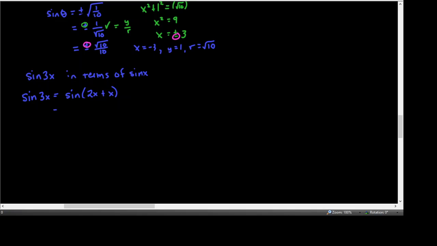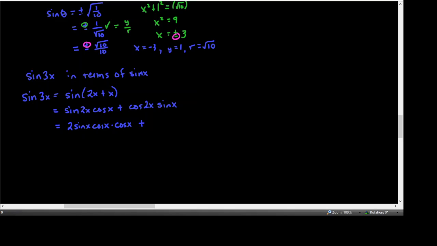Now using the identity for the sine of a sum, that's sine of the first, cosine of the second, keep the sign, cosine of the first, sine of the second. So I want sine of x only. Of course, it's going to take several steps to get there. Sine of 2x, I'm going to use that double angle identity, is 2 sine x cosine x times the cosine of x that was already there,